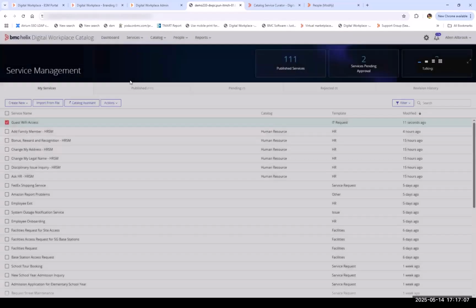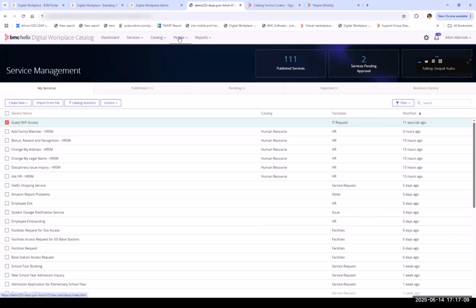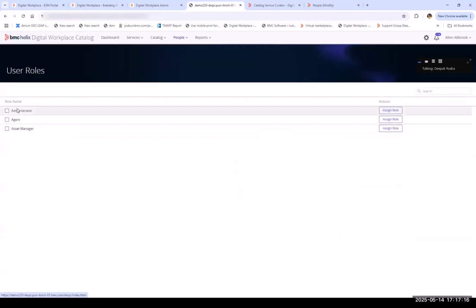Now, in the interest of time, let's quickly go to the next feature that we have, which is the auto promotion of the user roles. So under user roles, you will be able to see three sections: agent, asset manager, and administrator. So let's take an example of